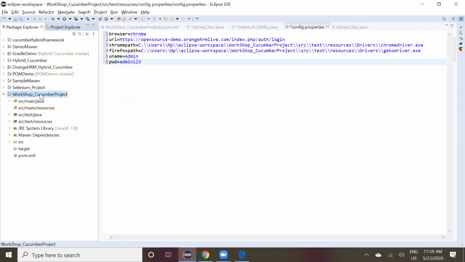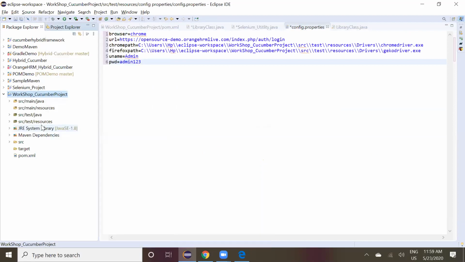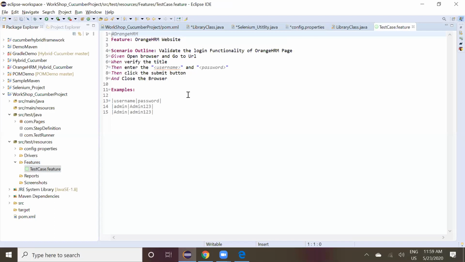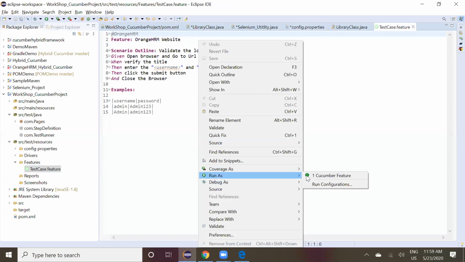You can right click directly on the feature file and run. Go to the feature file under test resources, right click on that and run. Yeah, run it now.